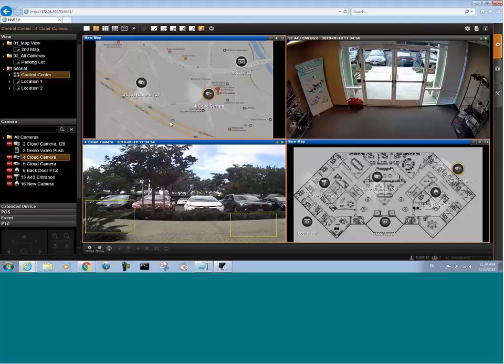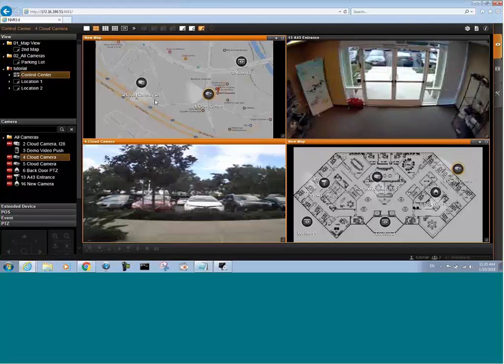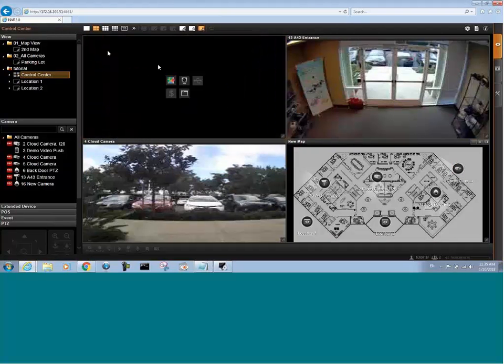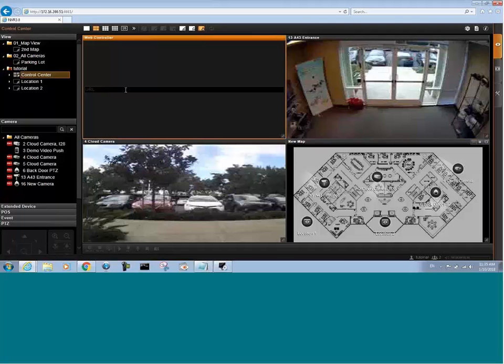On the enterprise and corporate versions, you can actually embed various websites, maybe websites to a particular PDF or a link that you need people to go to, or if you just want to have a nice display. So if you go into the edit view function here, we can go ahead and remove the view here. We can click on Create Web Page here, and you can go ahead and